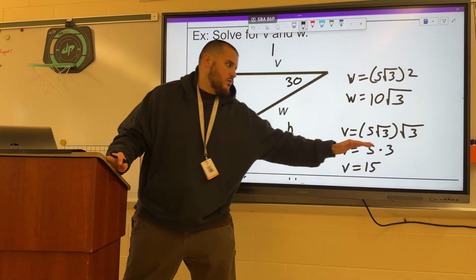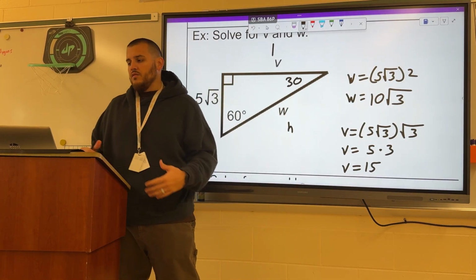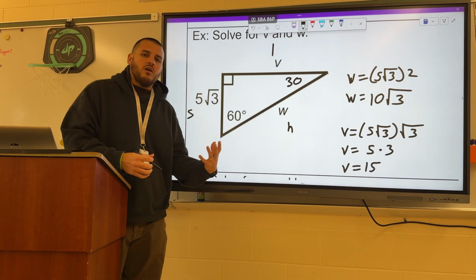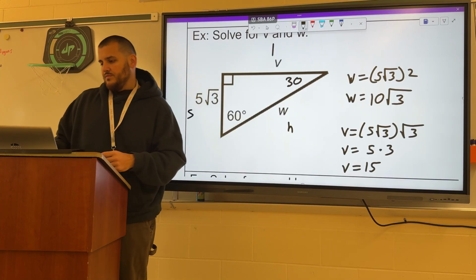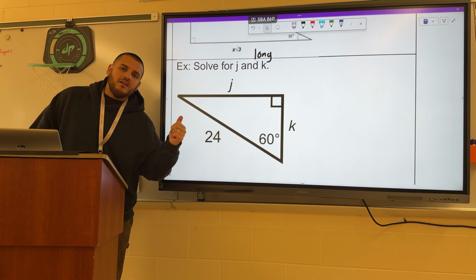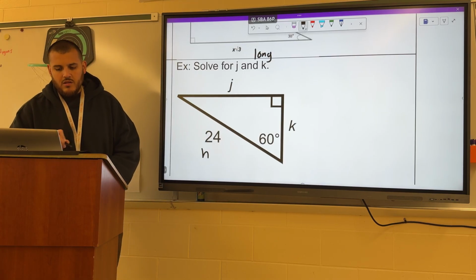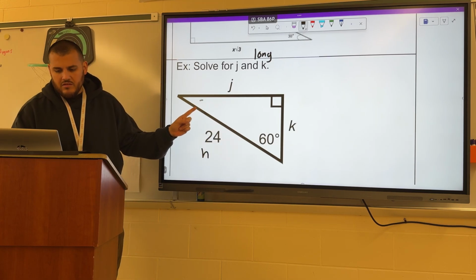You could absolutely just plug that into your calculator as well, and it would spit out the same answer for you. But again, a key in what we're doing with these special triangles is trying to find these values without using the calculator. We have another 30, 60, 90 here, a different starting point this time. Now we have the hypotenuse, my 24 right here. And we have a 60 degrees here, that means this acute angle's got to be 30